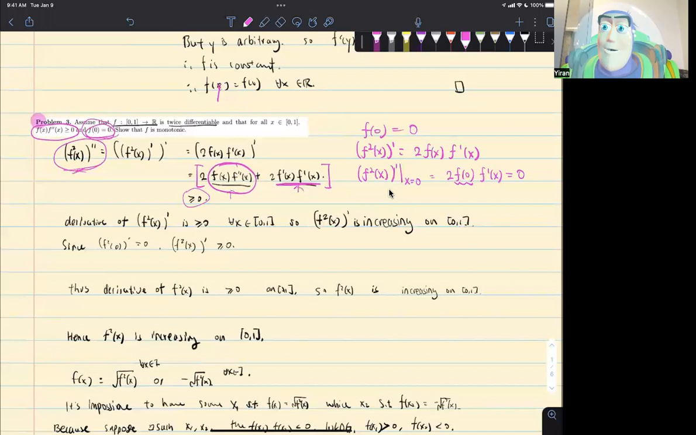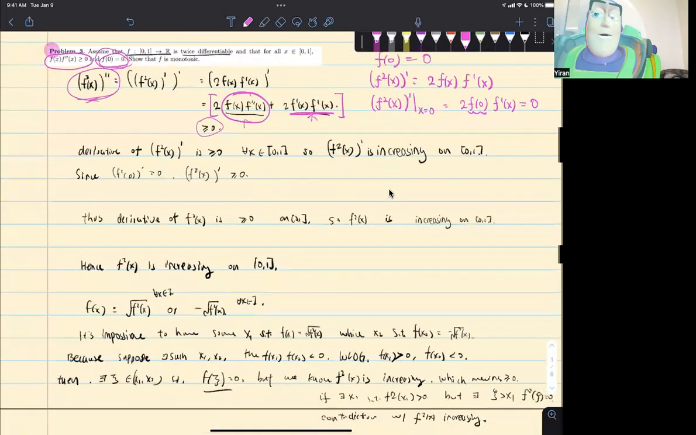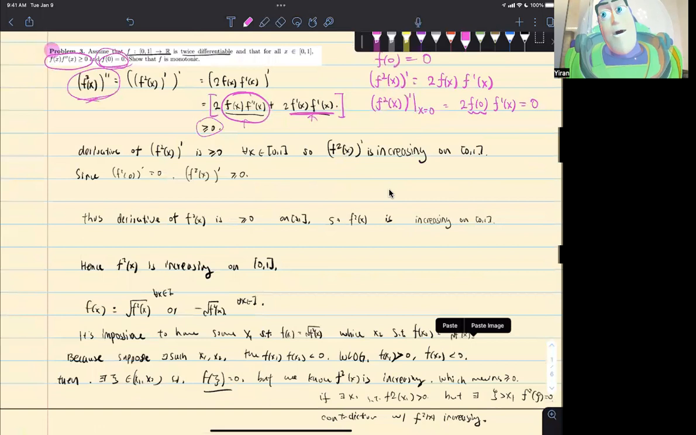But our goal is to show f is monotonic increasing. So far we have derived that f squared is a monotonic function. So we need to argue a little bit about that. So what is the relationship between f and f squared? Well, since f is defined only on 0 and 1,